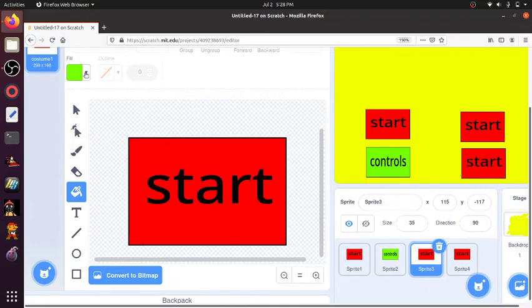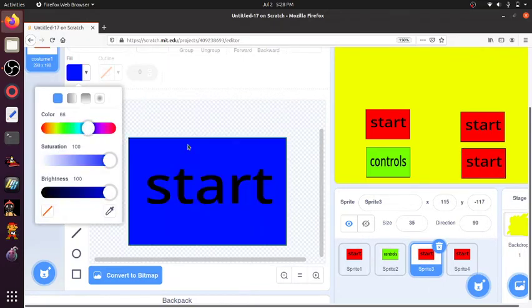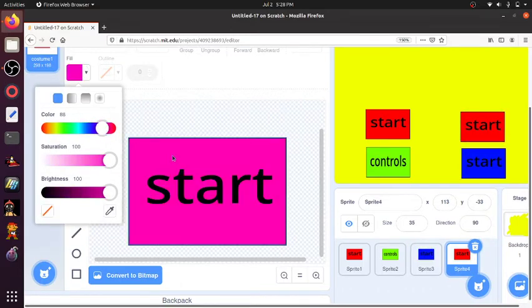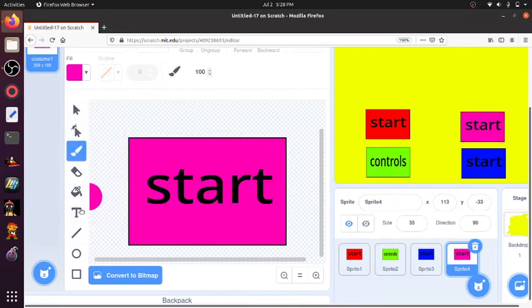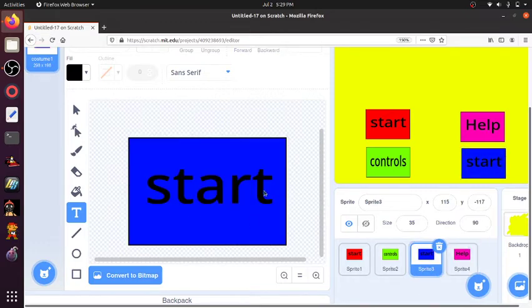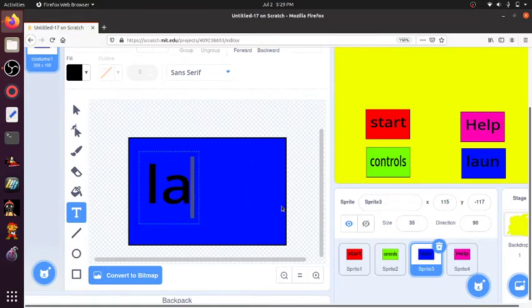So let's go to the next one. I want to make this blue. Next one, I want to make it pink. So let's make the pink one. Let's make it help. Okay, that looks good. And for the blue one, let's see what you would want to do. How about we do language? Actually, no, maybe not. How about we do,